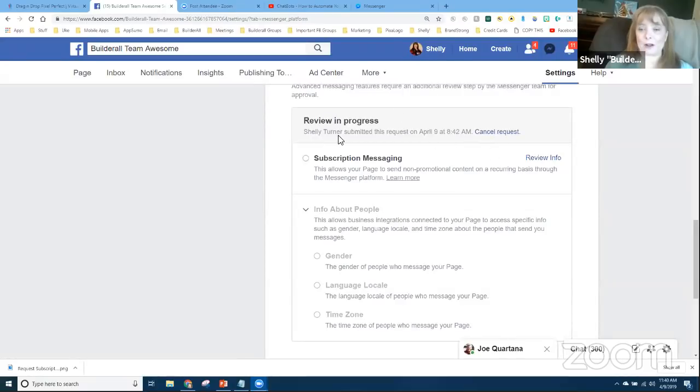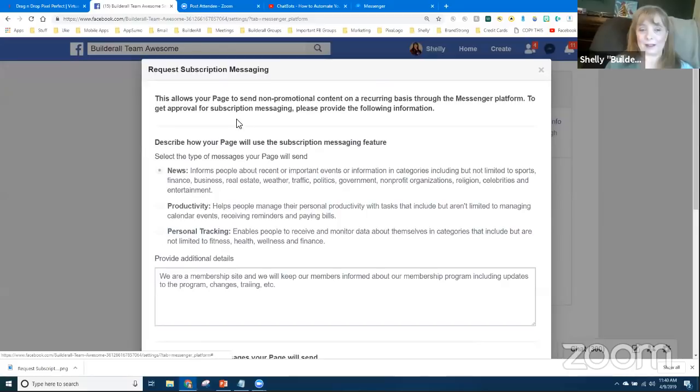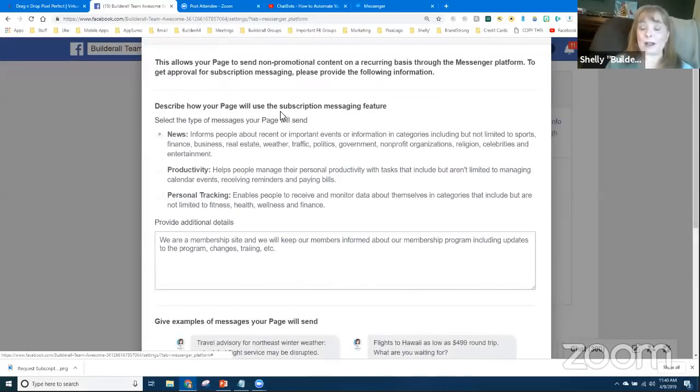All right, so what happens is you click the little button and you start the process of submitting this. I actually did this earlier today, but I'm going to show you the information that I submitted. So I'm going to click review info. And it's going to ask you a couple questions. The first one is, describe how your page will use the subscription messaging feature.